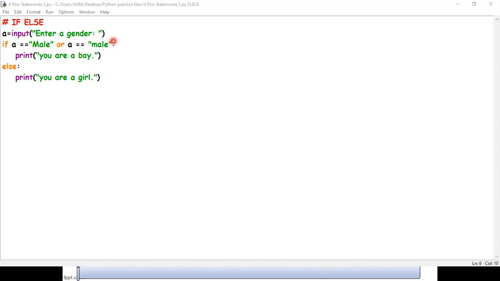Okay, so you're going to ask what is your age. You will write an if statement with a comparative operator to check if the age is above or equal to 18. And if it is above or equal to 18, you're going to print you are an adult. Else, you are a child. Okay, so again, three programs for practice for today. All these programs, you're going to save them, keep them safe, because I will ask for a zip file of it in the future to check you're doing all the programs.